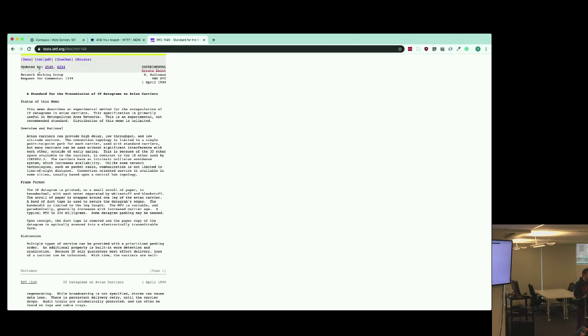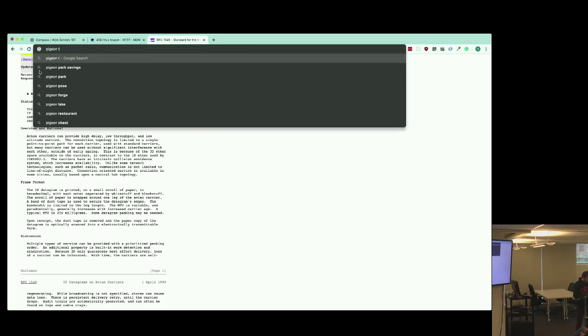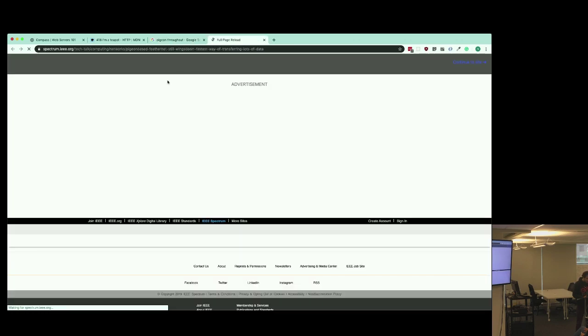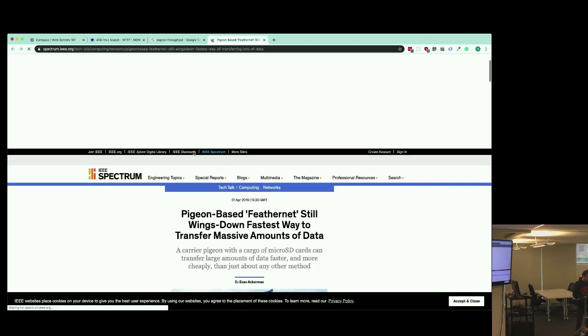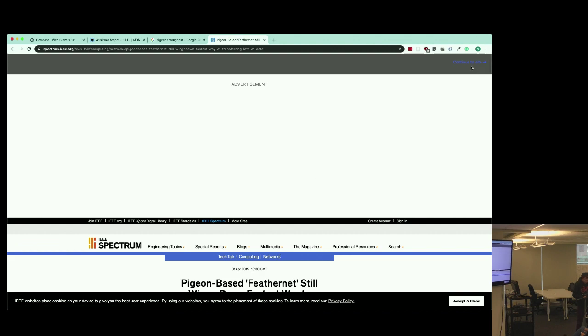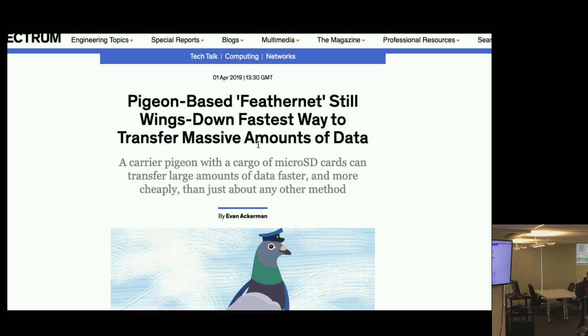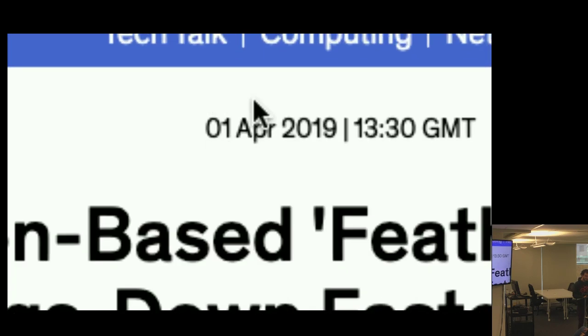There's actually some funny studies of pigeon throughput, FeatherNet. Here's IEEE Spectrum. Let's continue to the site. Pigeon-based FeatherNet is still wings down the fastest way to transfer massive amounts of data. That's an April Fool's, but